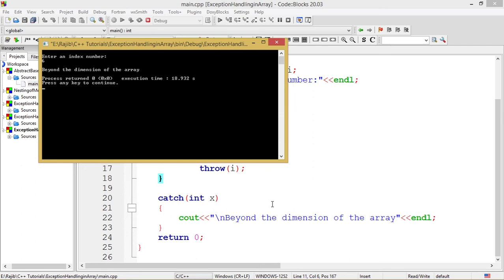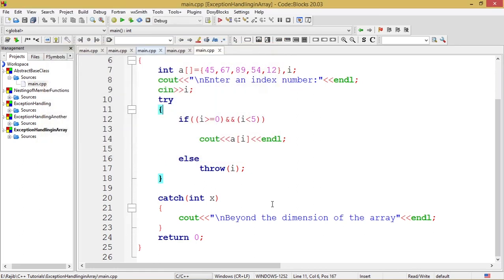Let's also try to access the array from the negative side. Suppose I run the program in another way to see whether we can raise an exception by going to the negative side of the array dimension.